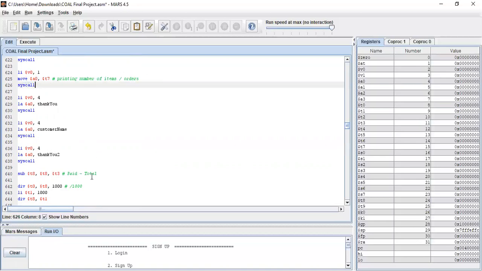For example, our total is 1,000, and we are giving him an amount of 2,000. So the paid is 2,000 and the total is 1,000. So it will deduct 1,000 from 2,000 to return our change back.